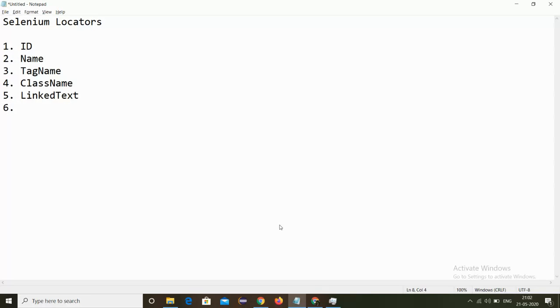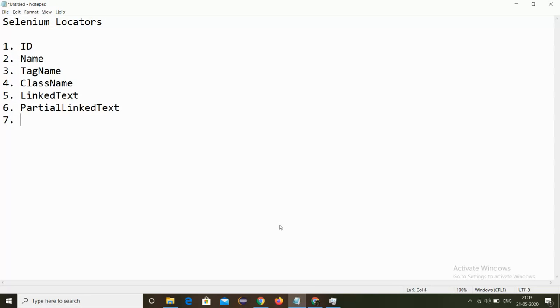If the link text is very big and we cannot provide the full text, there is one more locator, partial link text. Using that we don't need to provide the full link text present in the UI. We can provide a partial combination, from the middle, the start or the end, to the locator, and it will work.